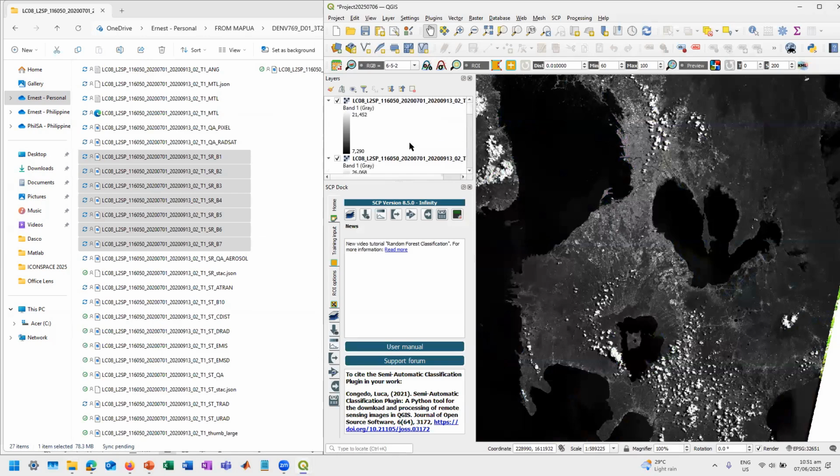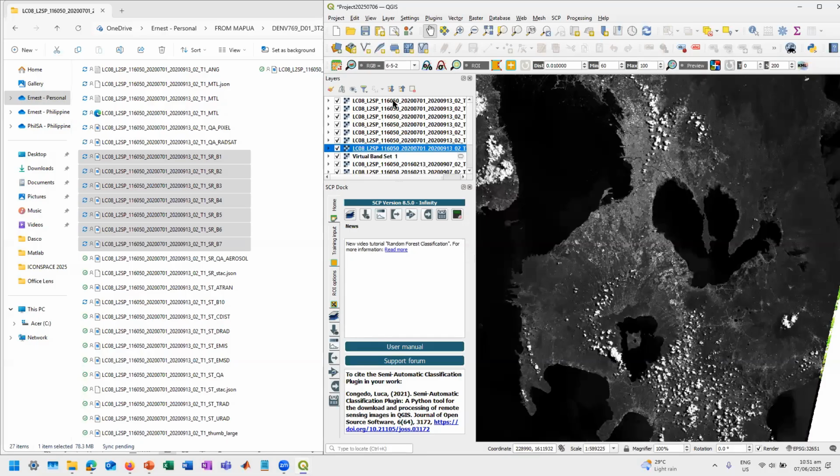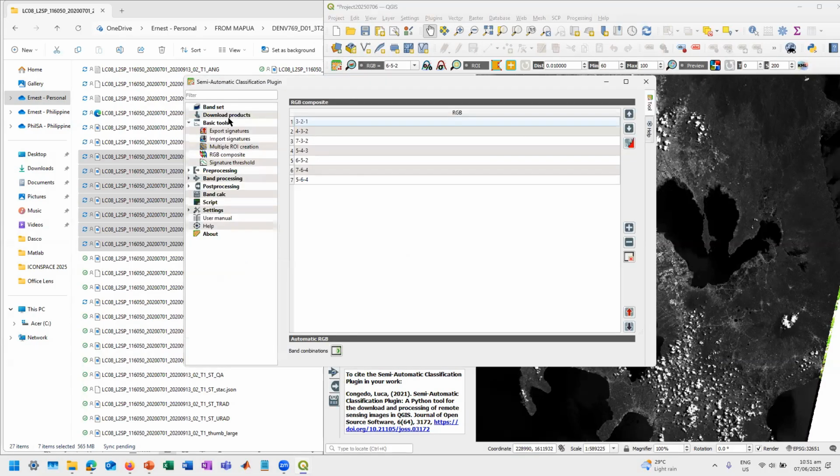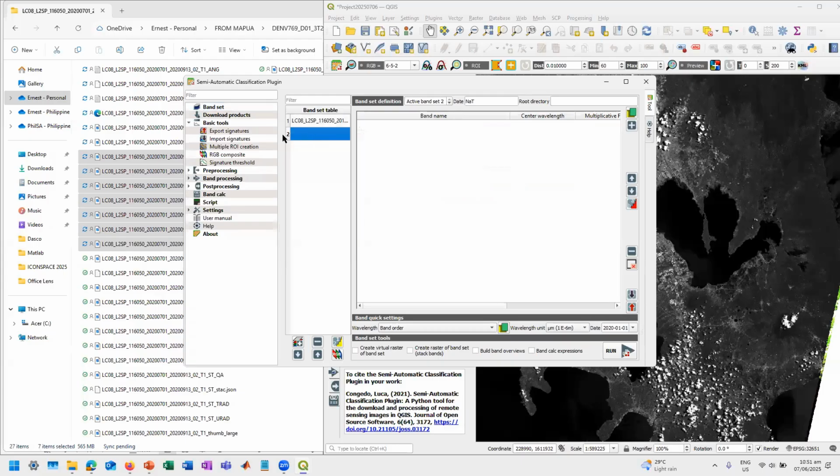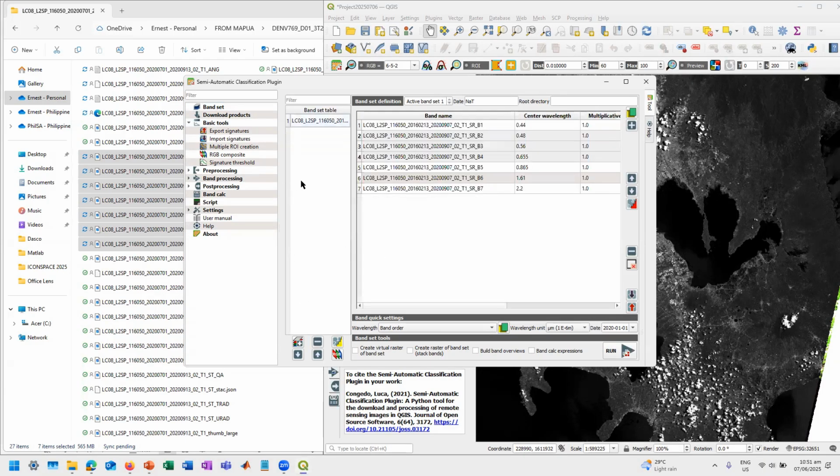Okay, so we have a new set of bands. Okay, and then again, let's do that again. Semi-classification plugin, band set. I will add another band set here. Okay, so this is the first band set.